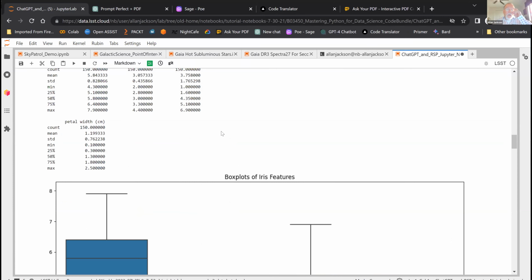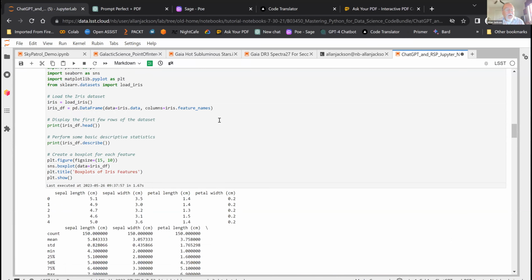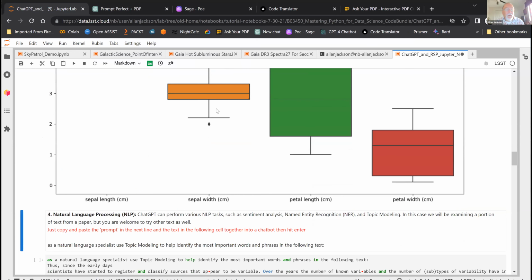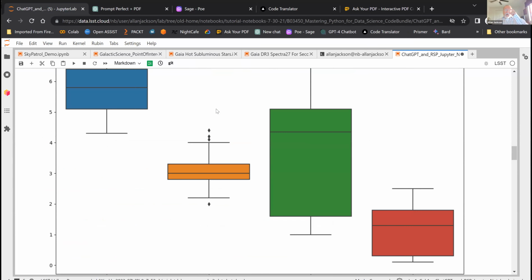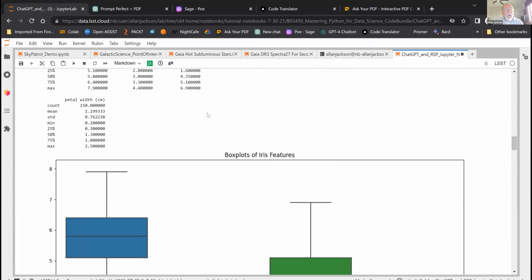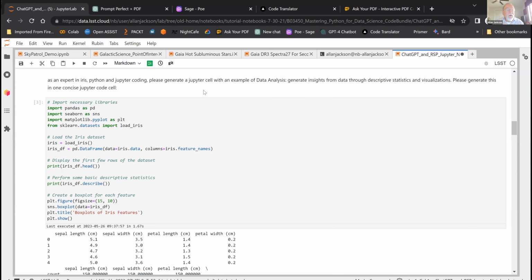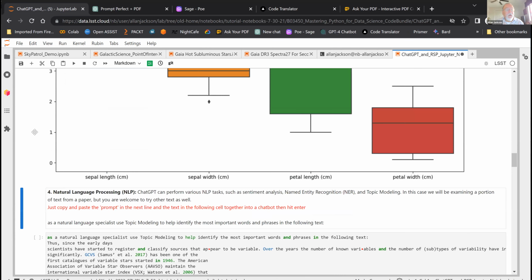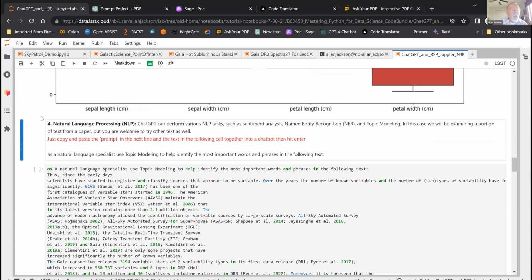No error this time. ChatGPT 4 went along and generated a series of box plots, basically. It didn't do as nice a job as the Seaborn output that it did for Tina, but at least it generated some better code than what it did for me the first time. So you can see you get different results on different chatbots. After you do this for a little while, you'll get a favorite chatbot that you prefer to work with, or a favorite pair of chatbots.